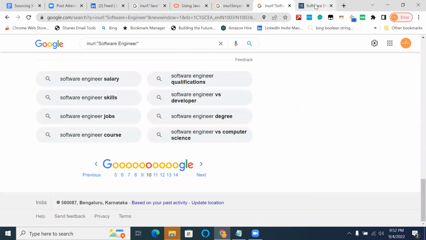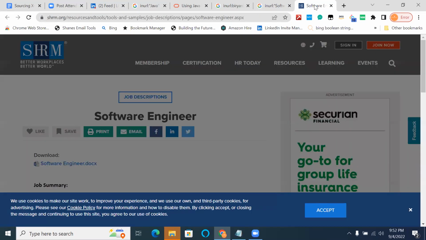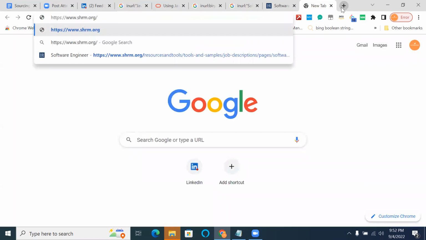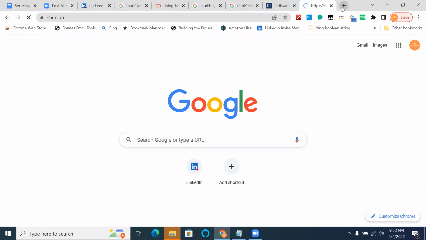I think, Shiv, when we mention software/engineer, this is specifying that we are looking for a software engineer. I'll tell you precisely. There's a difference between a hyphen and a forward slash. If you look at this URL, there's a difference between hyphen and forward slash. So let's go to this URL first. This is supposed to be our next session, but let me quickly cover it in this session itself. This is our first URL.